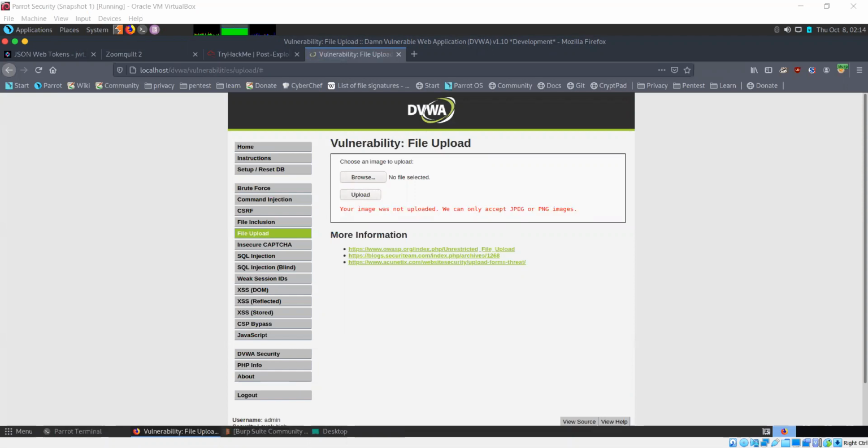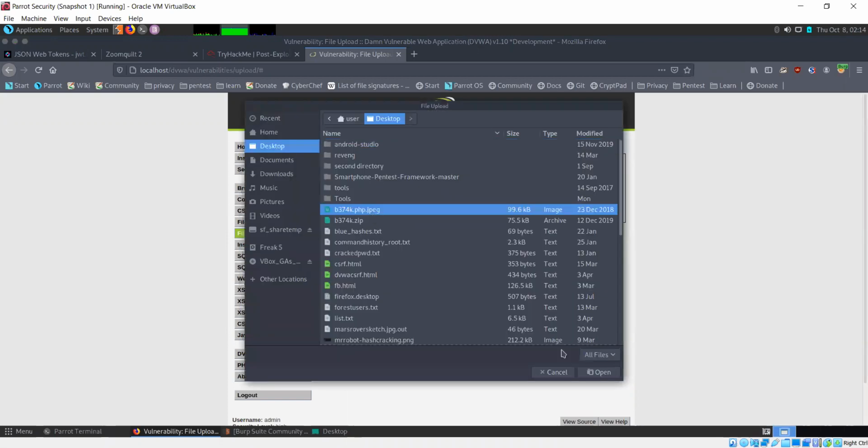But there is one thing that we can do. We can trick it into thinking that this is an image file. So again, browse, select this.